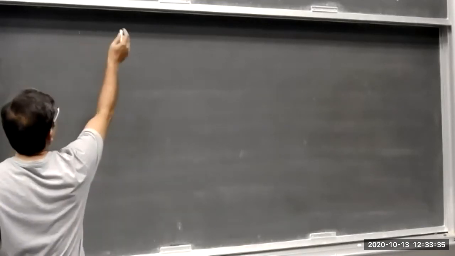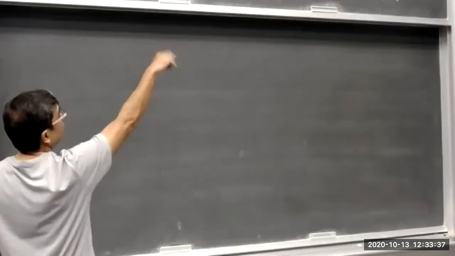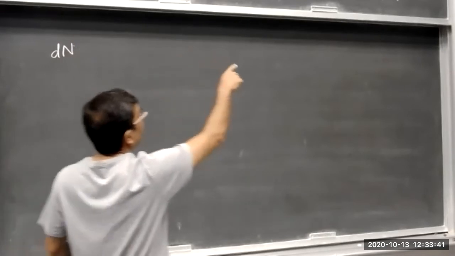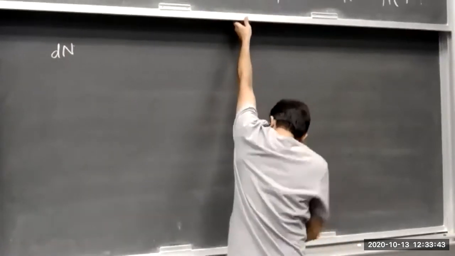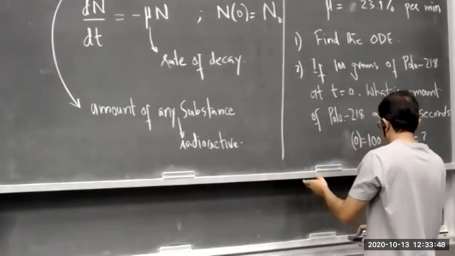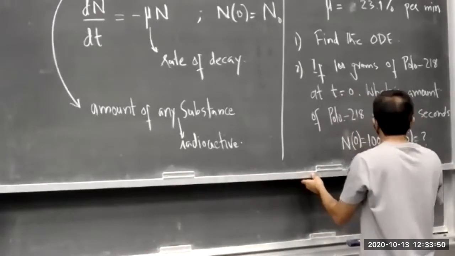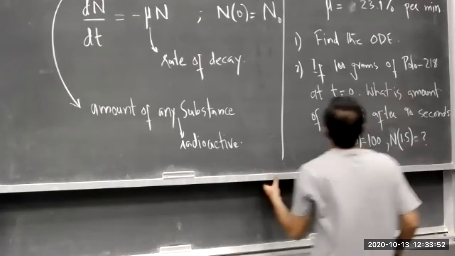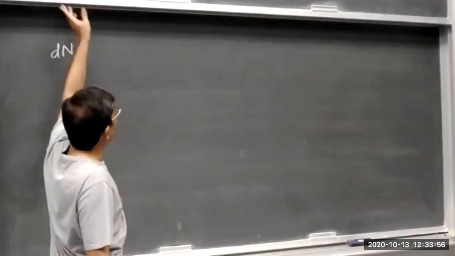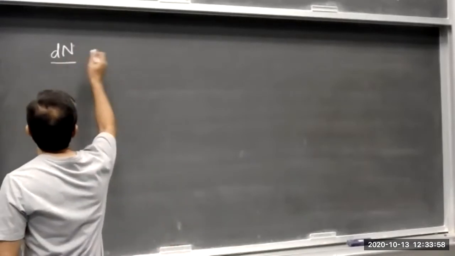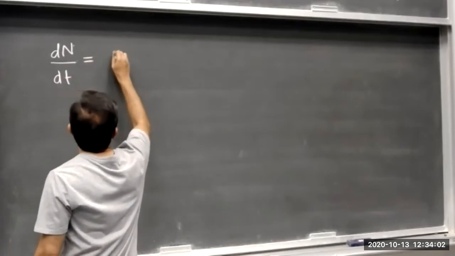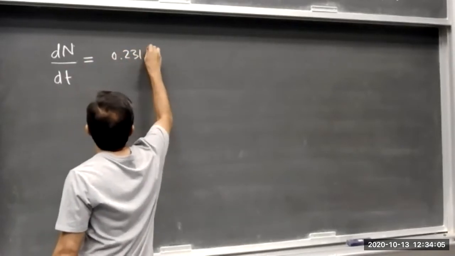Now, the mathematical model corresponding to this situation is what? dn, sorry, p will not be there, it will be n. I wrote p here because we are denoting this radioactive material by n. So the differential equation corresponding to this physical process is dn by dt is equal to 0.231 times n,